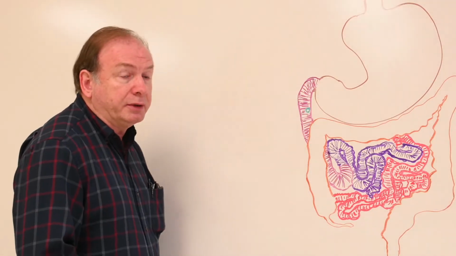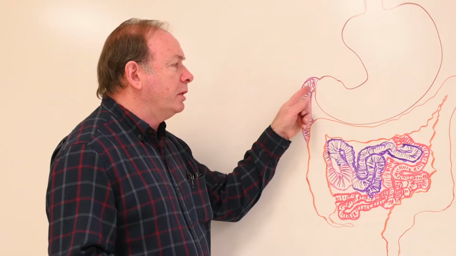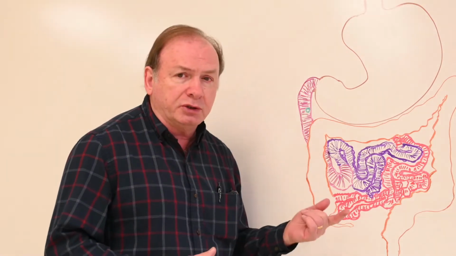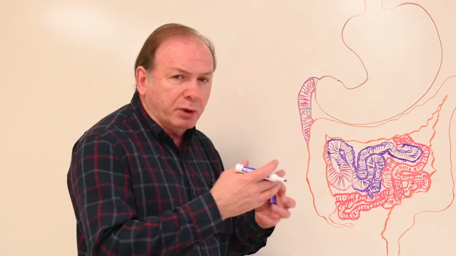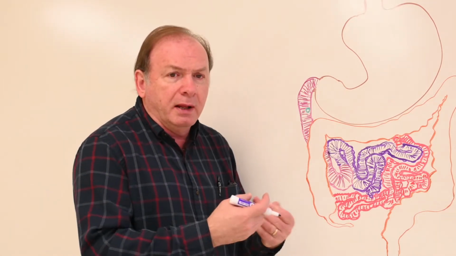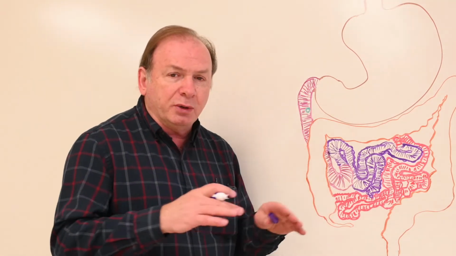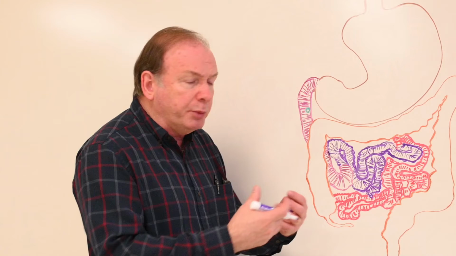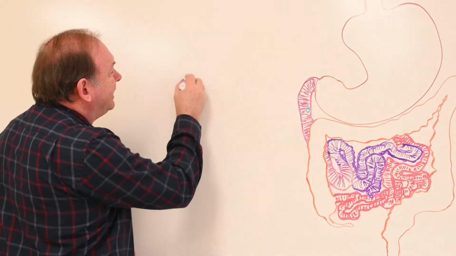Now, a couple of notes about some adaptations of the small intestine to increase absorptive surface area. So your food molecules are being broken down as they move through the small intestine. Enzymes and such are going to be added to the mixture from both the intestine wall and from the pancreatic secretions. So you're breaking down these food molecules chemically. They need to be absorbed across the surface of the cells that line the intestine. So to increase the absorptive surface area, the total area that those nutrients can be absorbed across, we have 4 different adaptations. The first one is what we call plicae